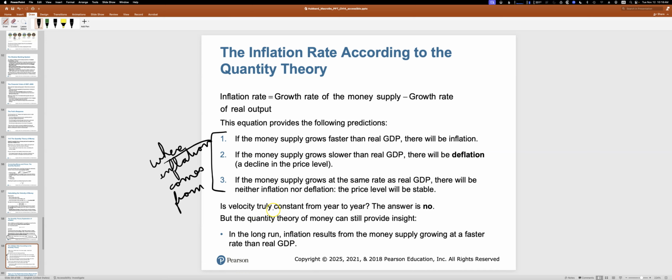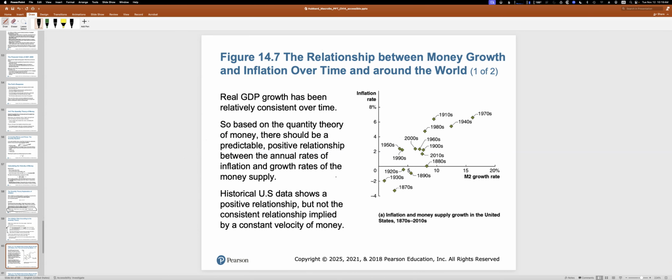Velocity isn't constant from year to year, but it doesn't change a great deal. So what we generally see is that you need to control the money supply with the growth in real GDP, and you need to compare the two with each other. You need to grow the money supply enough to support a bigger economy, and then theoretically you would need to slow down the money supply when the economy slows down. That's the hard one, because if the economy is slowing down, you generally don't want people so upset. So you'd want to increase the money supply, which is what causes your inflationary problems.